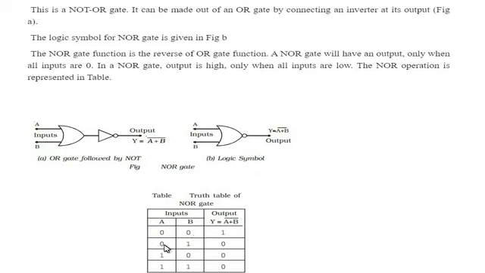Now if A is 0, B is 1, then 0 plus 1 will be 1 and the complement of 1 will be 0. In a similar way, by alternating A and B we will get output 0. What about the last case? If A is equal to 1 and B is equal to 1, both inputs are high, then the output of the OR gate will be high, but this is the complement of the OR gate. Therefore, at last the output is also 0, or low. In this way, this is the logic, this is the truth table, and this is the symbol of the NOR gate.